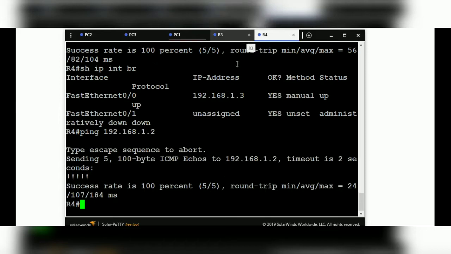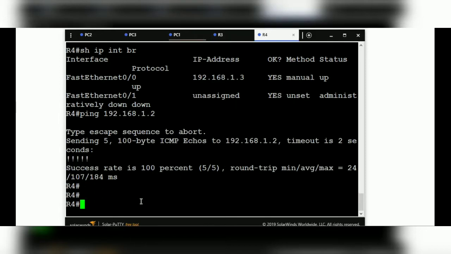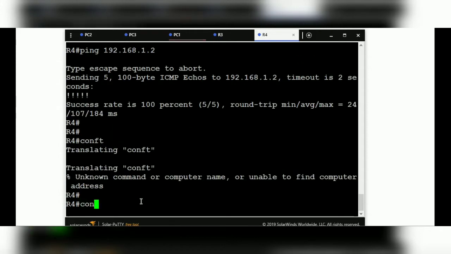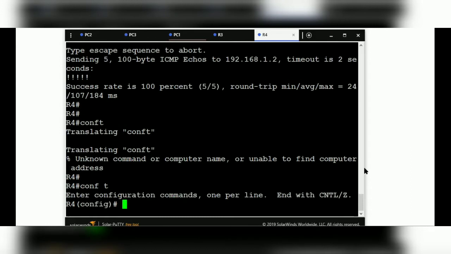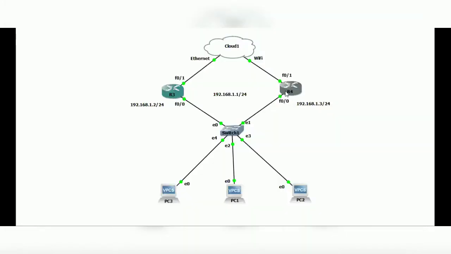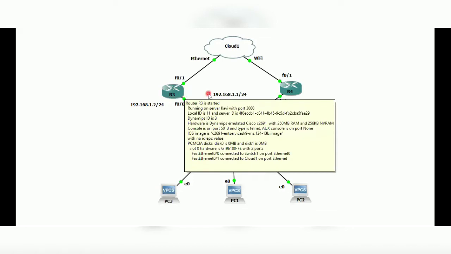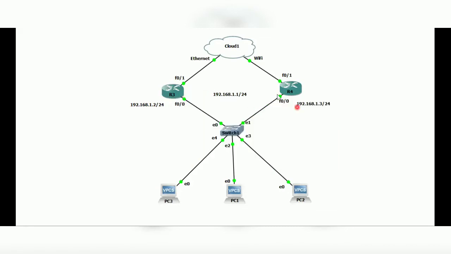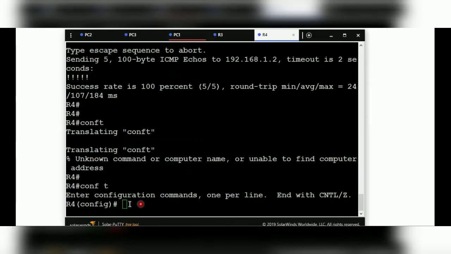So now I'm going to configure HSRP. Okay, so let's configure HSRP. So I'm going to configure HSRP on interface FastEthernet 0/0. So this interface FastEthernet 0/0, and on router 3 as well, FastEthernet 0/0, I'm going to configure HSRP because FastEthernet 0/0 is our default gateway. Okay, so let's start. So first get into the interface, FastEthernet 0/0, then